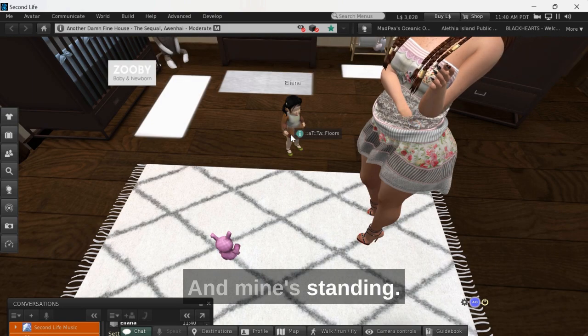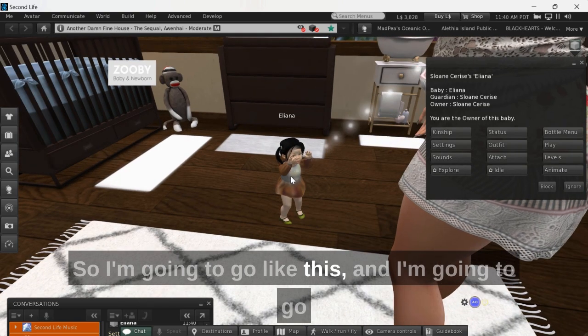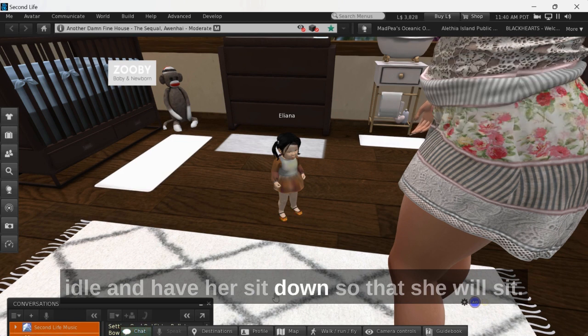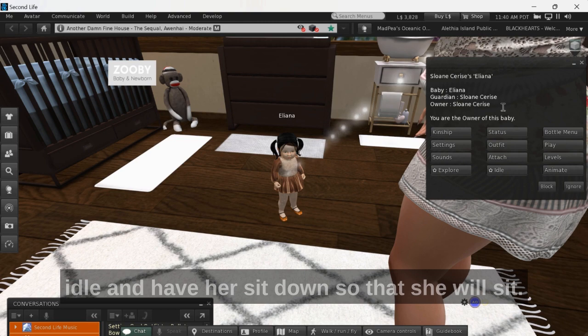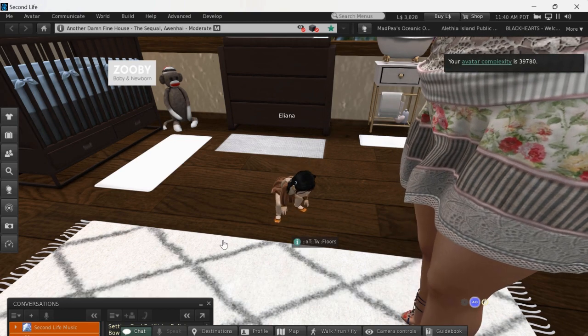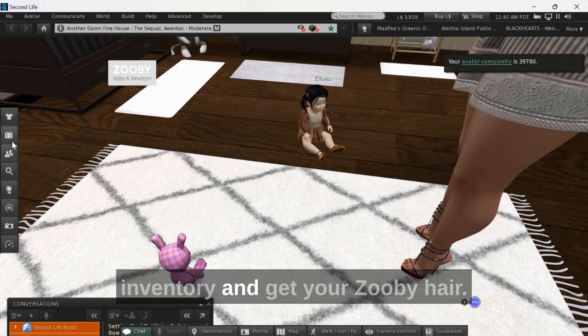And mine's standing. She might just waddle off on me. So I'm going to go like this, and I'm going to go idle and have her sit down, so that she will sit. Okay. And then you go into your inventory and